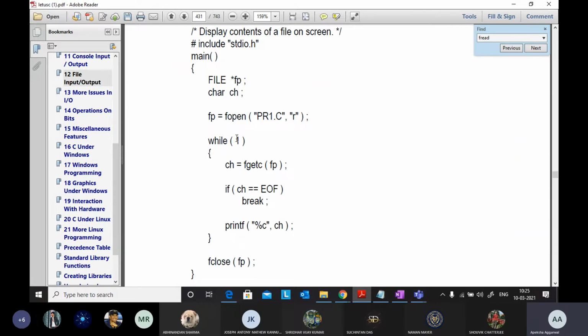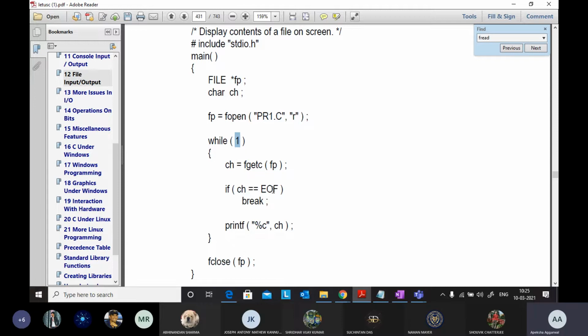In the brackets you pass a condition, like if a is less than 5, this loop should execute 5 times. So while(1) will make your loop run infinitely. Because you are making an infinite loop, you are reading infinitely, but you need to stop whenever end of file is reached.